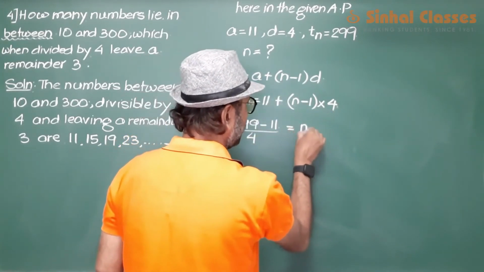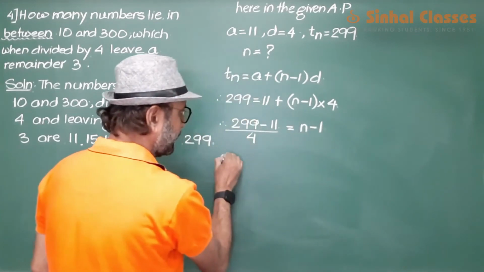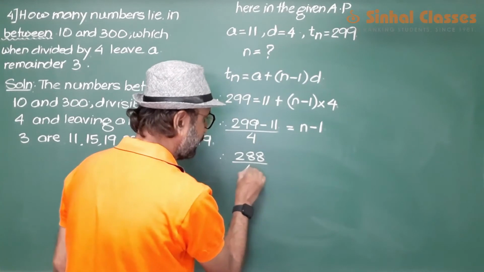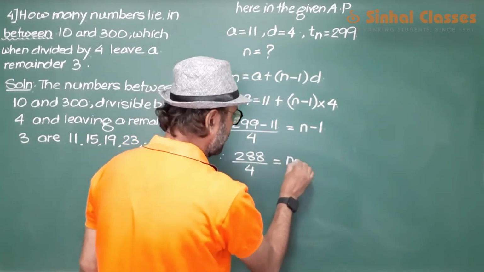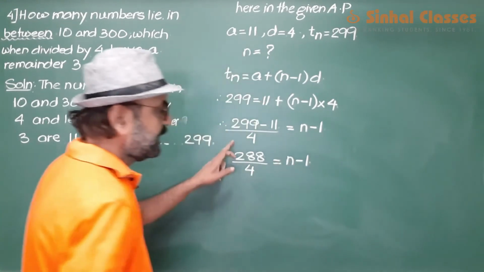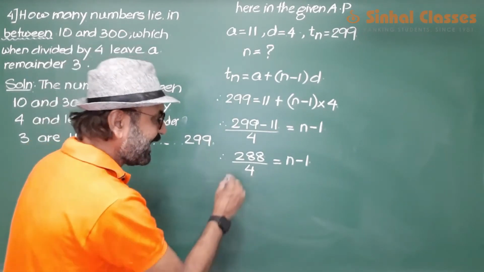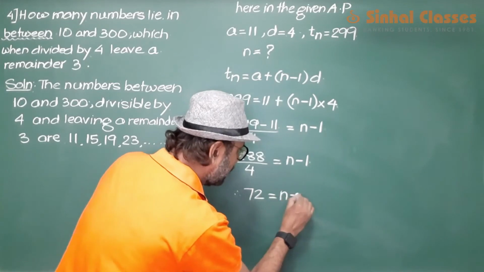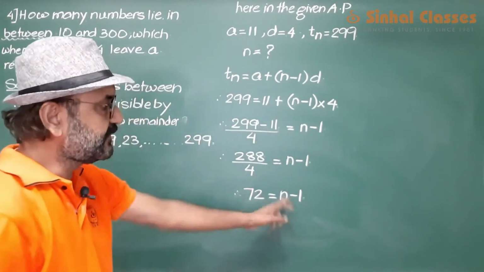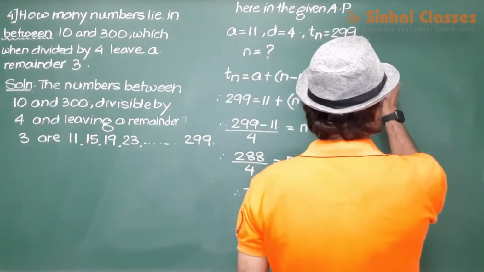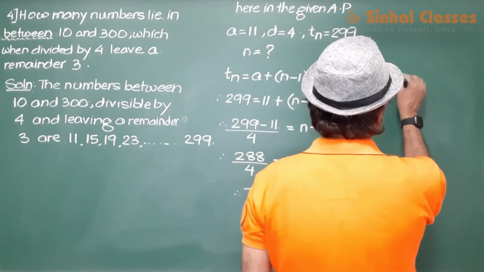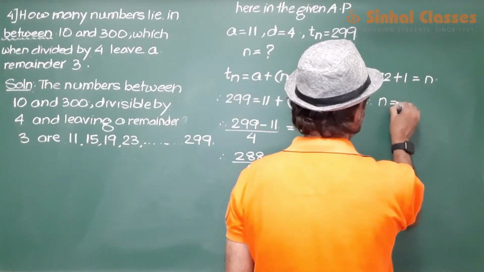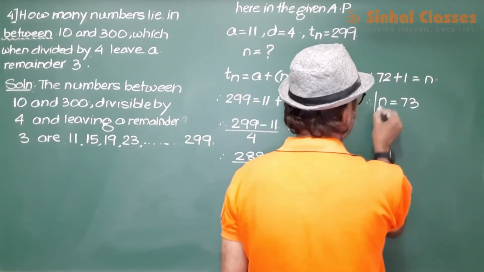So that will be n minus 1, and this will be 288 divided by 4 is equal to n minus 1. Divide 288 by 4 and you will get 72 is equal to n minus 1. Shift 1 on this side. 72 plus 1 is equal to n. Therefore, n is equal to 73. So,